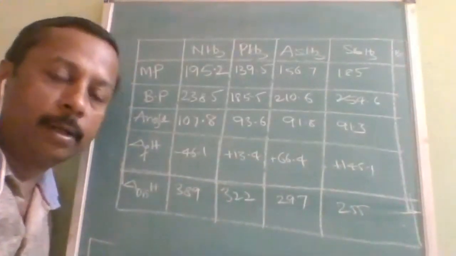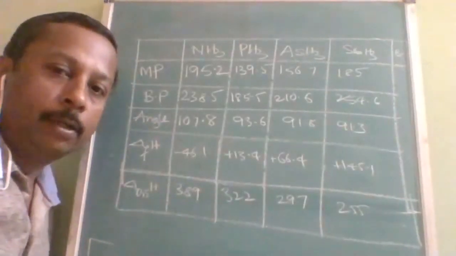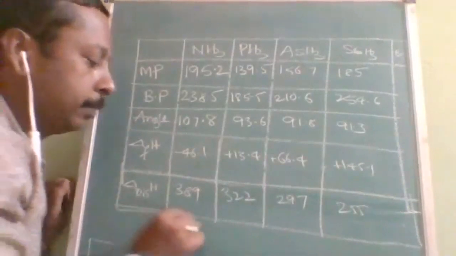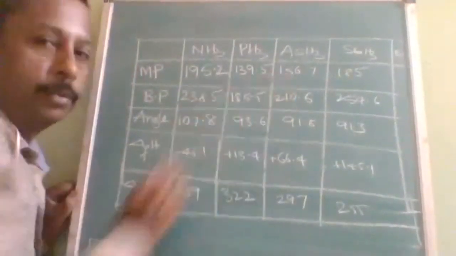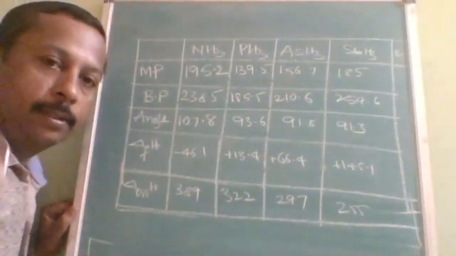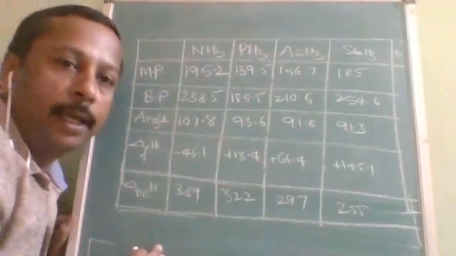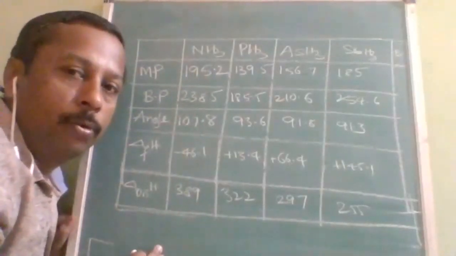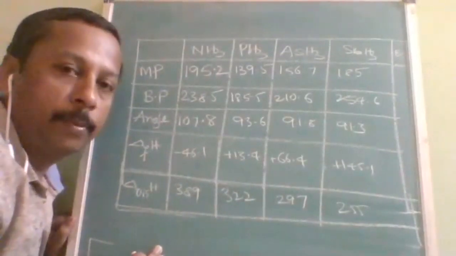Otherwise, they have asked increasing order of melting point, decreasing order of melting point. So to ease, as per the question pattern, you don't memorize these values by heart, but you have to arrange them as per the order. Okay, so normally in any hydrides, down the group